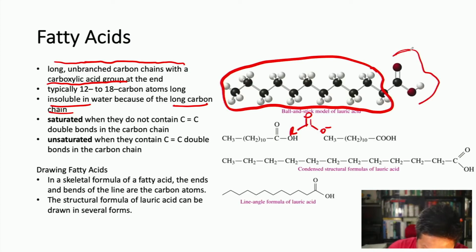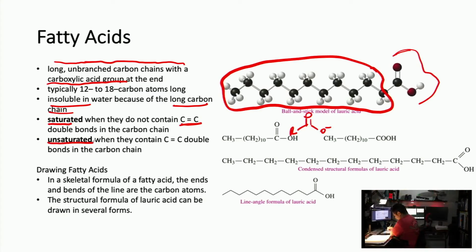There are a couple different types of fatty acids. There's the saturated fatty acids that don't contain any carbon-carbon double bonds. And then there are the unsaturated fatty acids that contain carbon-carbon double bonds, right? So just a little note on how to draw fatty acids. It's just like drawing every other carbon-based molecule, right? You have the ball and stick there of lauric acid, and then you have the condensed structural formula there of lauric acid. But most commonly, since these things are so long, we will draw these fatty acids like this,